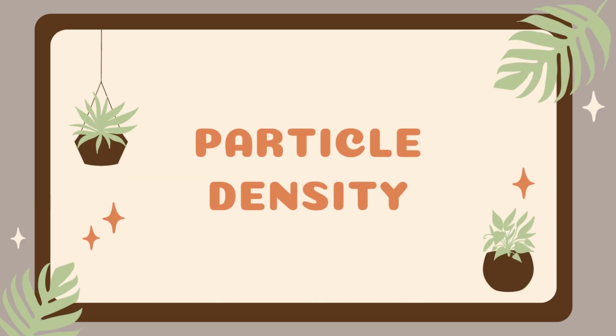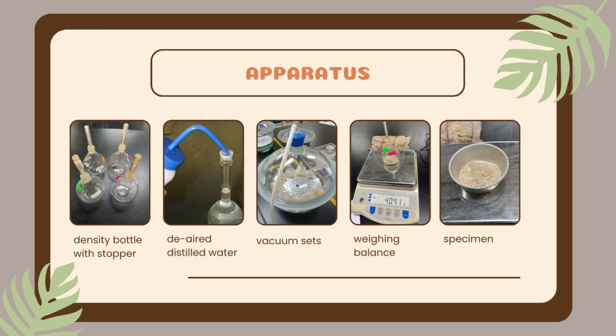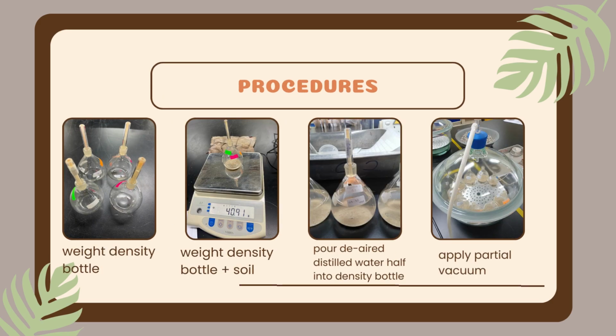So we start with the particle density experiment. The apparatus for this particle density test is a density bottle with stopper, air-free distilled water, vacuum sets, weighing balance, and specimen. For the procedure of this experiment, first, the density bottle and stopper were cleaned and dried properly,